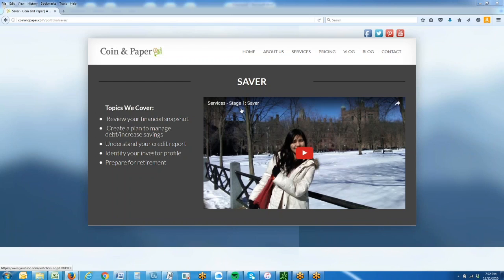So today in the saver category, we have review your financial snapshot. This is actually the first part of the stage one saver. And so if we look at today's agenda,